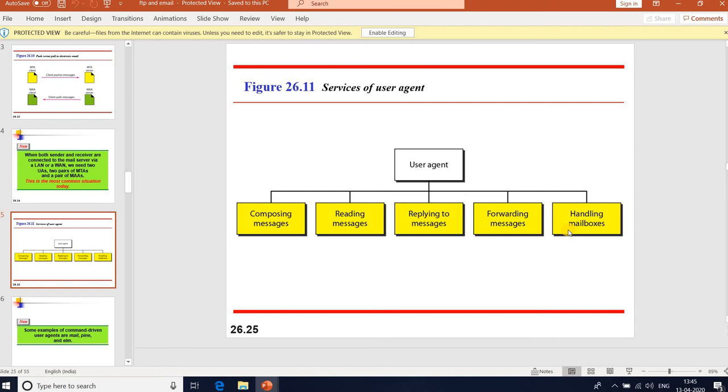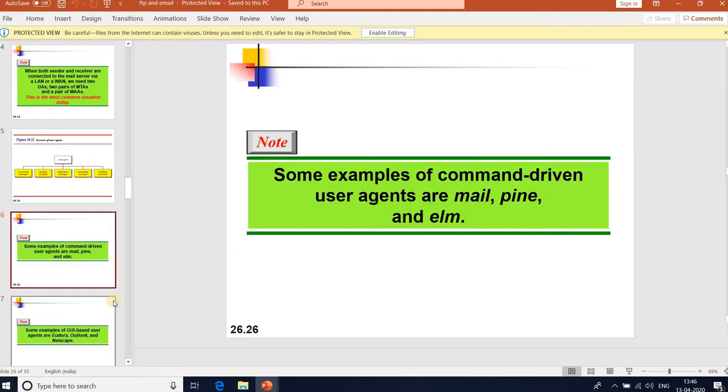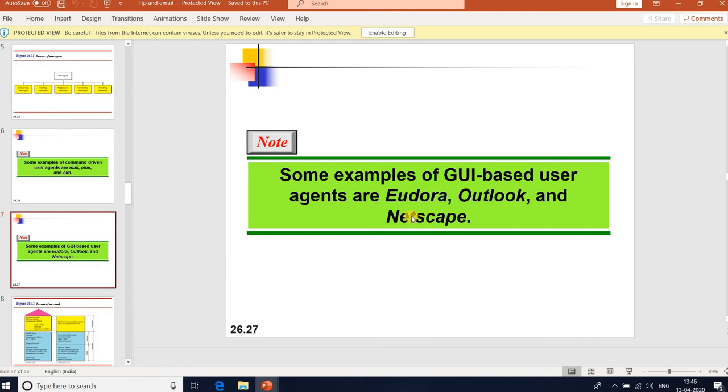The outbox keeps all sent mails until the user deletes them. Some examples of command-driven user agents are Mail, Pine, ELM, MH. Some examples of GUI-based user agents are Eudora, Outlook, and Netscape.